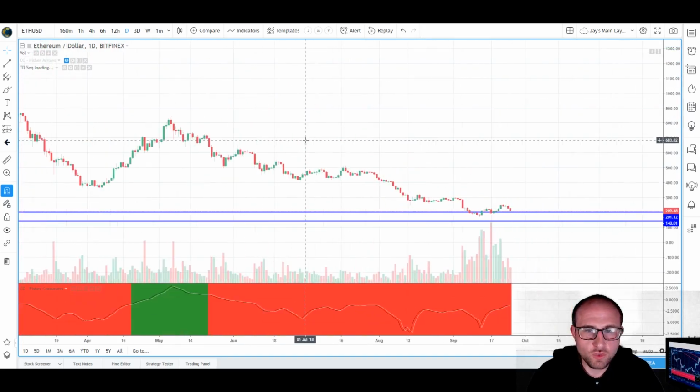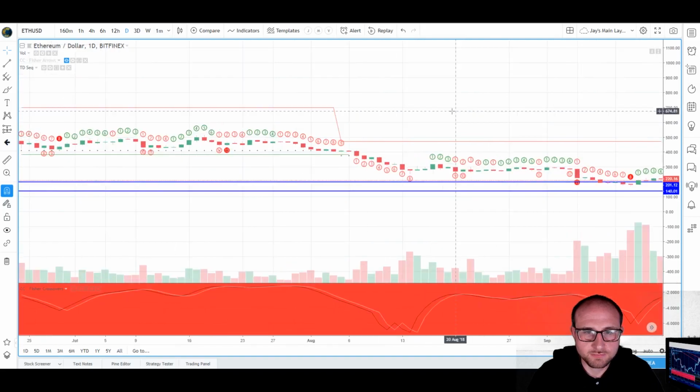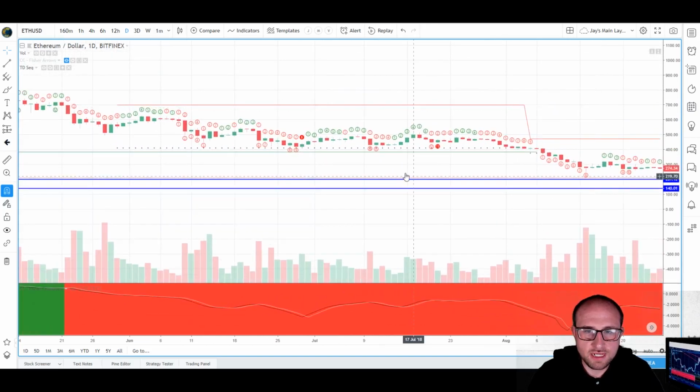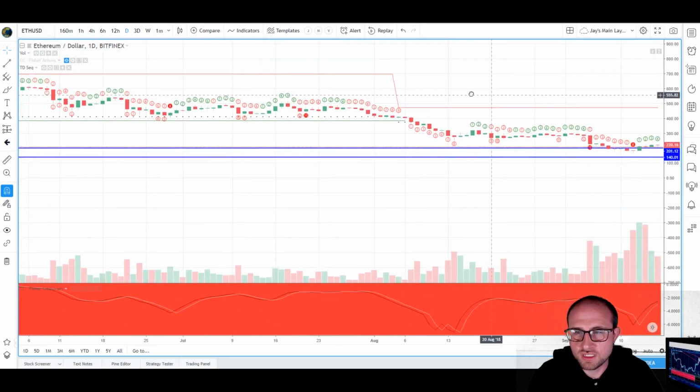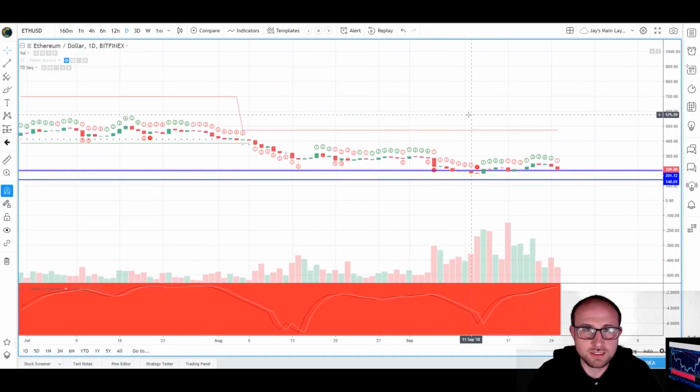So, looking at TD Sequential to see if we're looking at a potential reversal. Let's see here. TD Sequential gave us kind of an entry right here on the 13 to the downside, a 9 setup to the downside, which was just recycled. So all we're seeing right here is continually recycled 9 counts to the downside and 13 counts to the downside on TD Sequential.